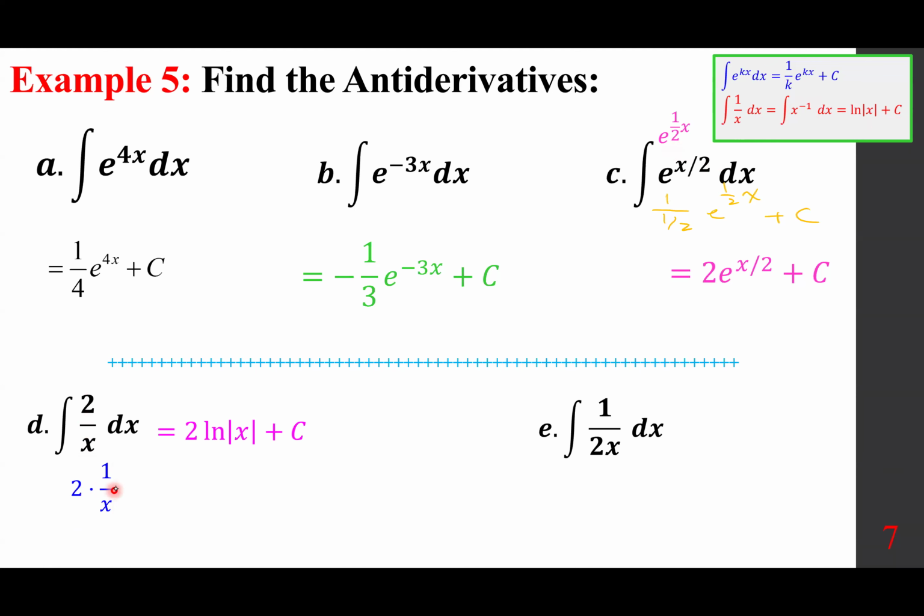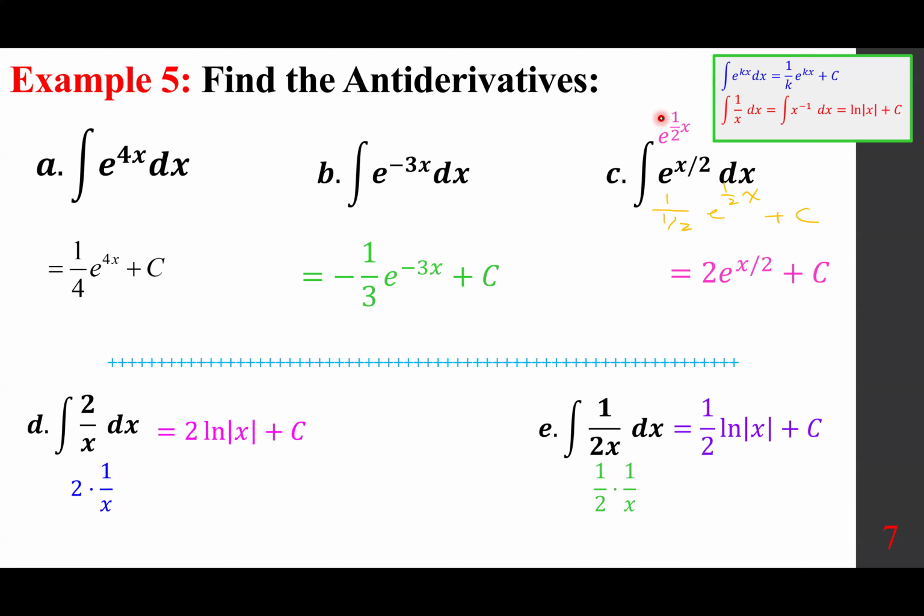What about this one? Same thing. We rewrite it in the following manner. So 1/2, now integrate 1 over x dx, which is a natural log. So 1/2 natural log of absolute value of x and a constant. So the reason we write it in this fashion or in this fashion or in this fashion is to make it clear,